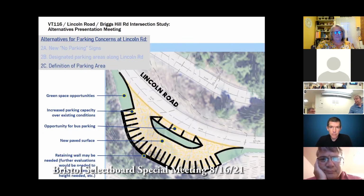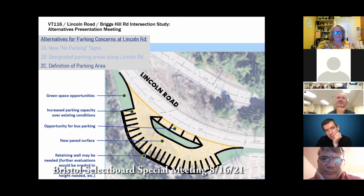Probably can't support it by their engineering. So those are the alternatives for the parking. Does anyone have any thoughts on these alternatives? I don't mind this idea. I just don't know that it's going to alleviate people parking further up. Less cars up there, I think it's going to be safer. You probably get more cars in there, but I think you'll still get